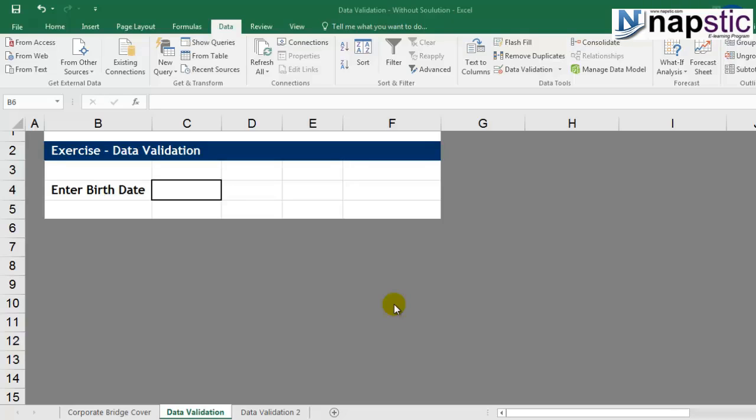We are now moving towards the next important Excel tool that we're going to learn. This is basically data validation. To understand what data validation does, we're going to take two examples. But just for you all to know the meaning, data validation helps in preventing the user from inputting any invalid data.